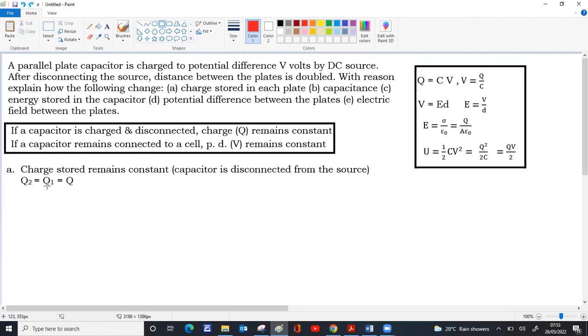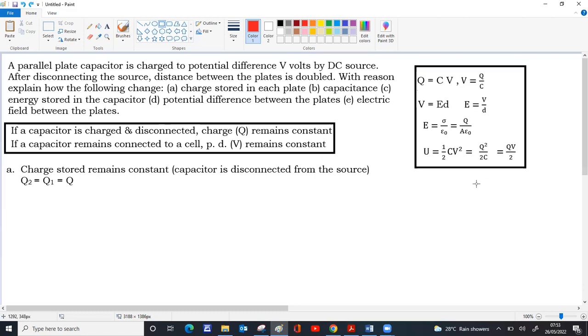So Q2 equal to Q1, which is same as Q. The capacitor is disconnected from the source, so no addition, no loss of charge from the capacitor because no connection. Now second one, capacitance. If you know the formula for capacitance, that has to be added here, C equal to